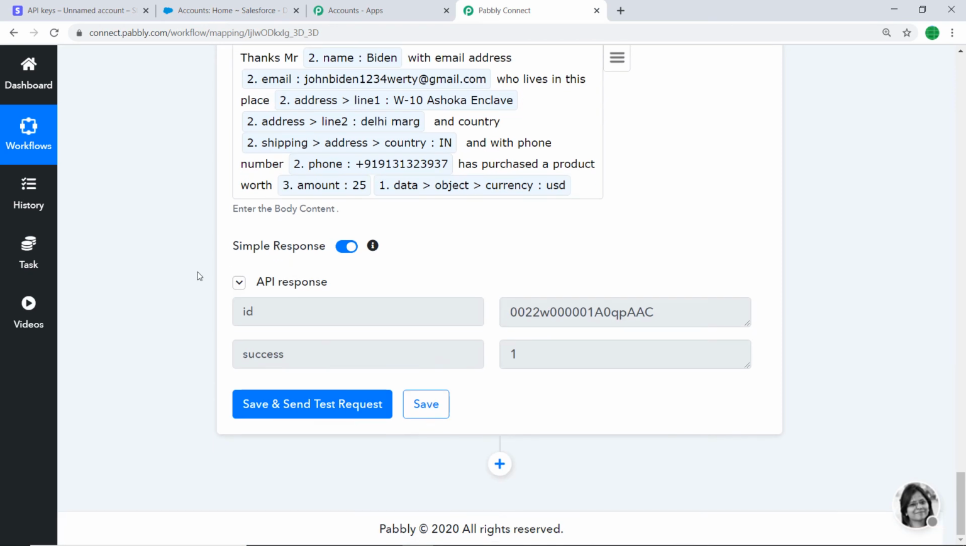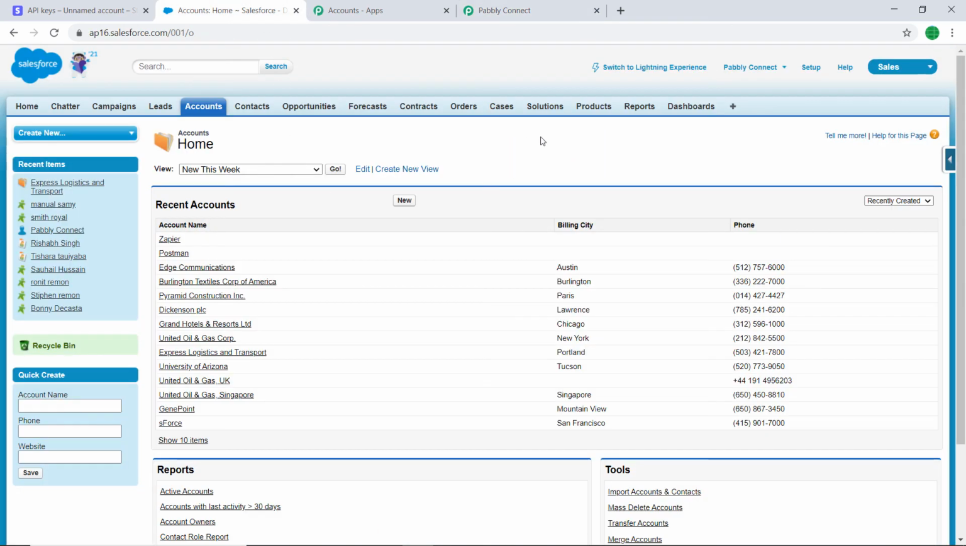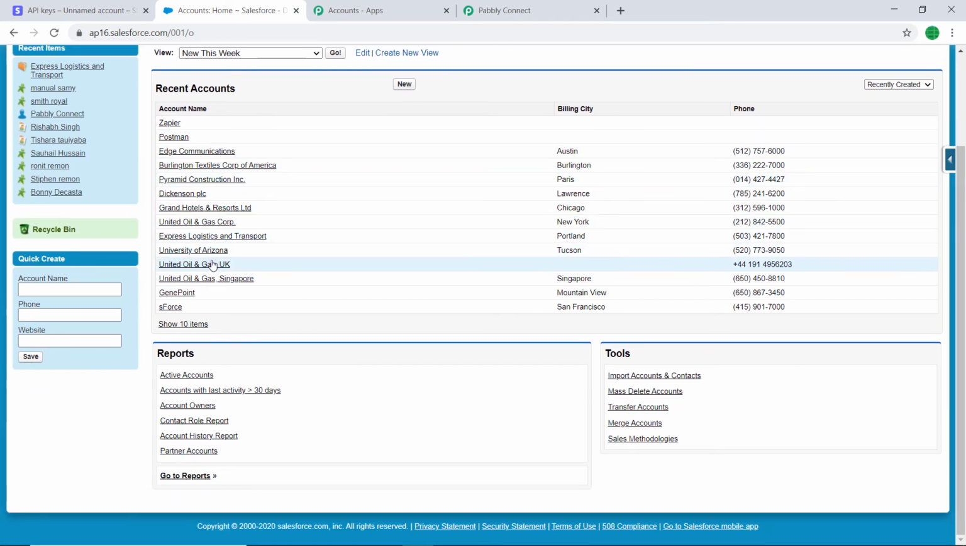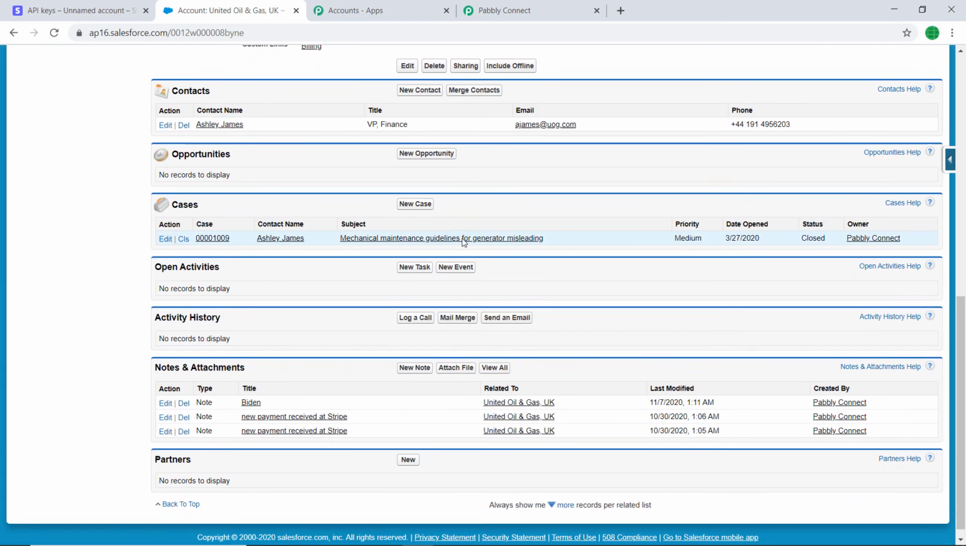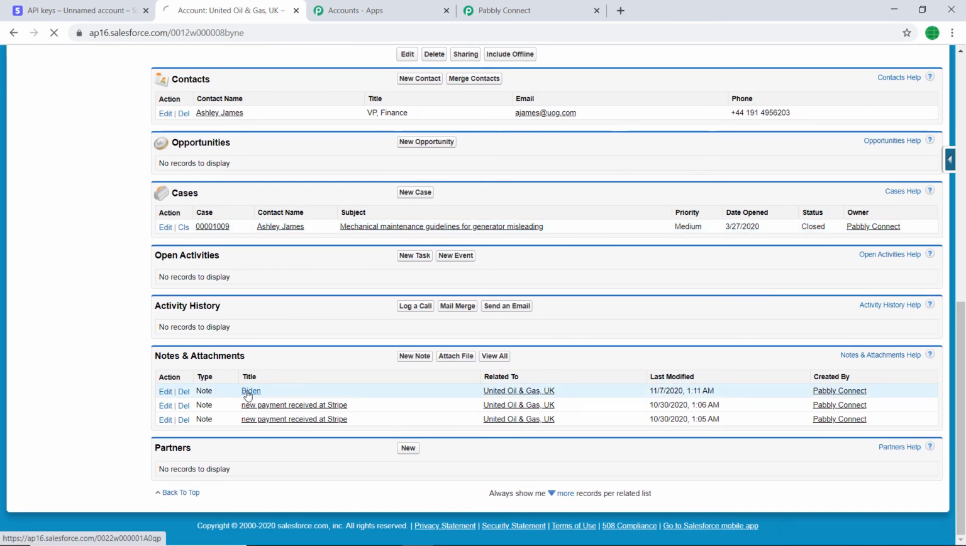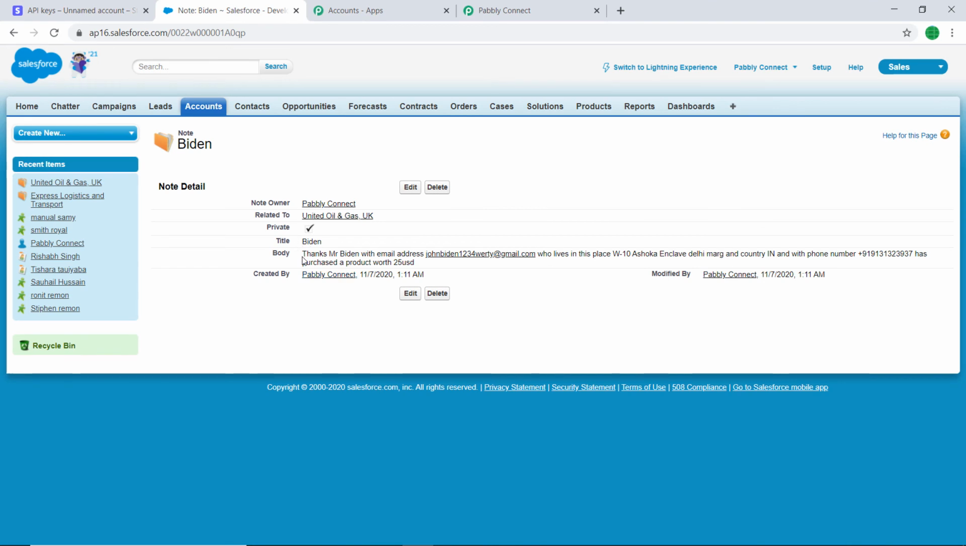Okay, the API response is showing it is success. So let's see in our accounts whether we have this person or the note called as Biden. So it was United Oil and Gas UK, right? So let's see in our note. Yes, we have a note called as Biden. So it reads as thanks Mr. Biden with email address John Biden 1234wordty@gmail.com who lives in this place and with the phone number has purchased a product worth